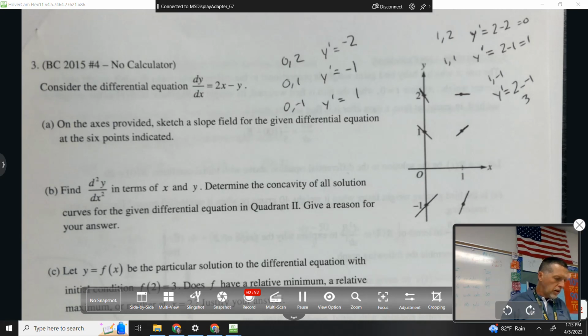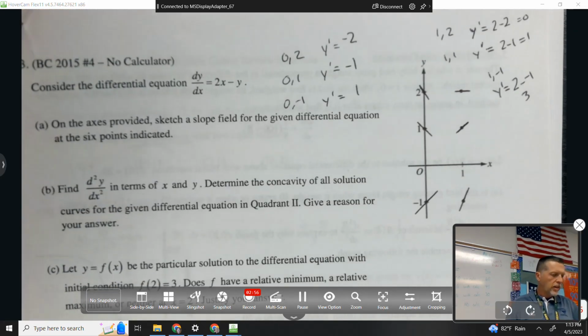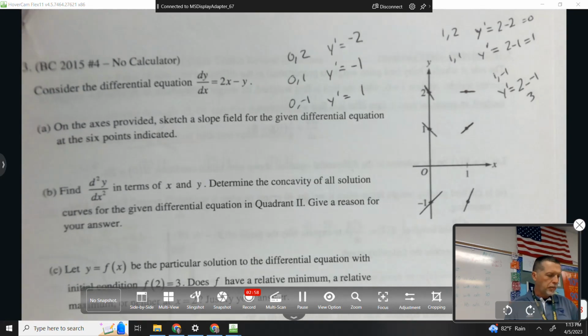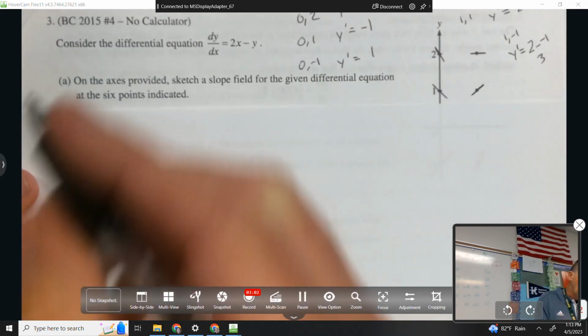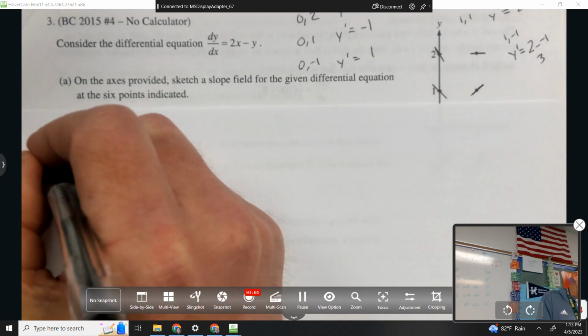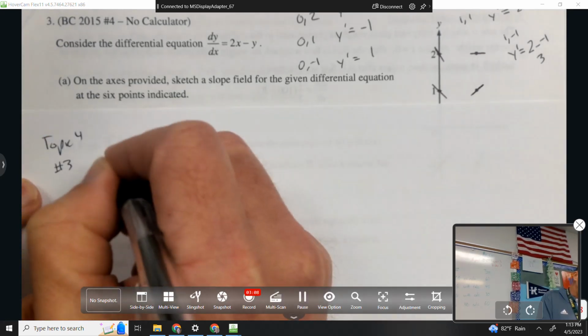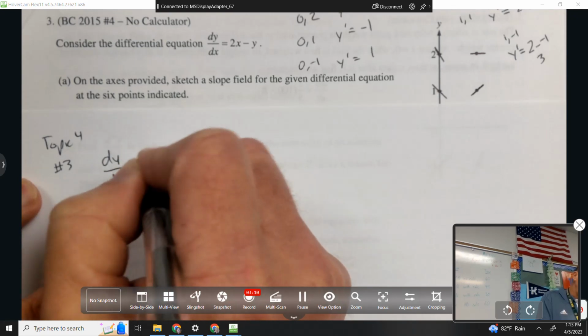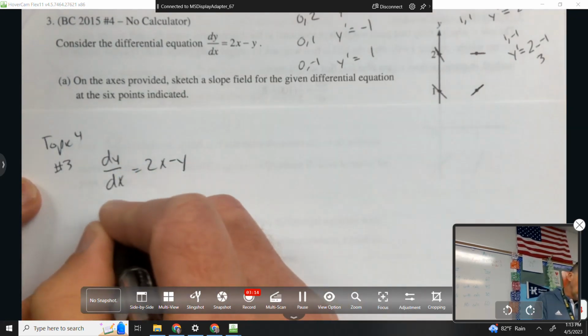Part B, I should say: find the second derivative in terms of x and y. Find the second derivative in terms of x and y. So first derivative dy/dx equals 2x minus y. The second derivative,